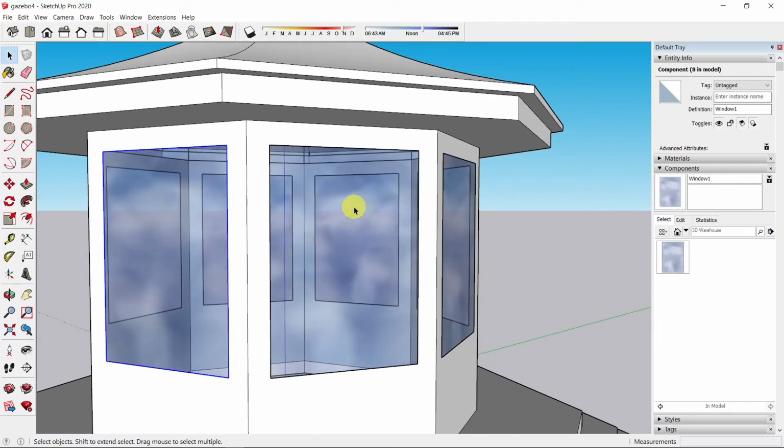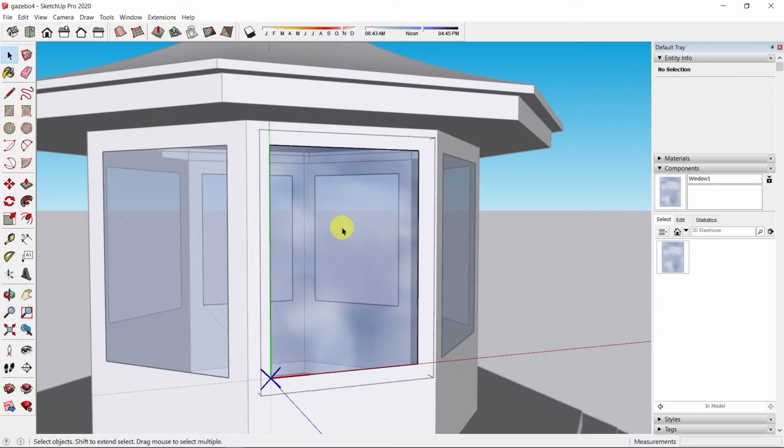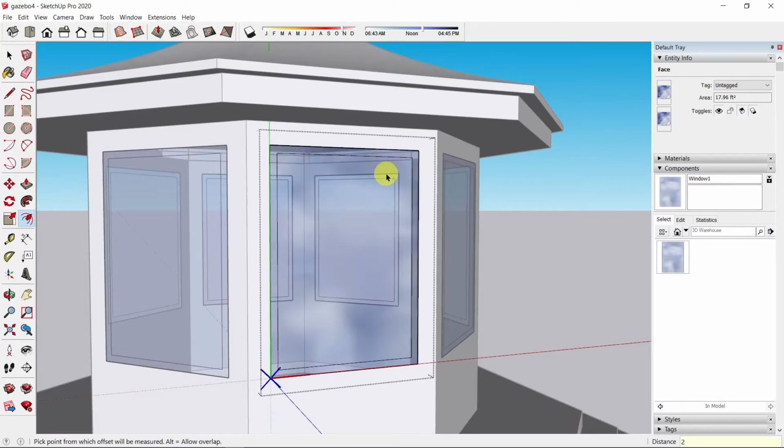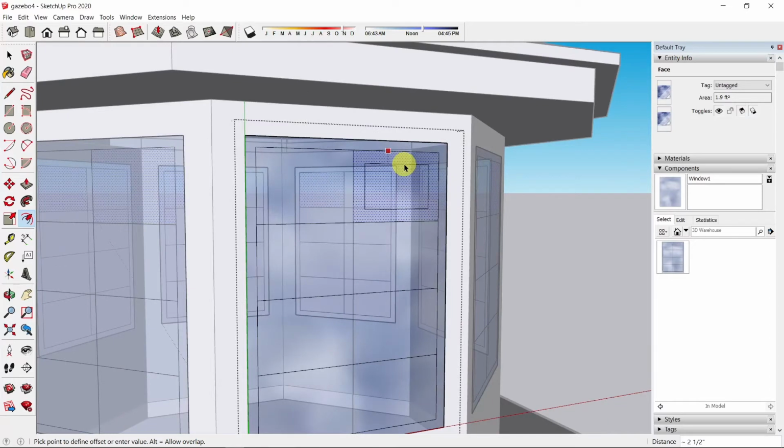Only after that, you can zoom in and double click to enter the edit mode of the component. Now I can add more details, like pull this face inward 2 inches, enter, and then just add some very basic frames. I'm always using the center line, midpoint to midpoint, to create 8 panels, and then use the offset to put it inward